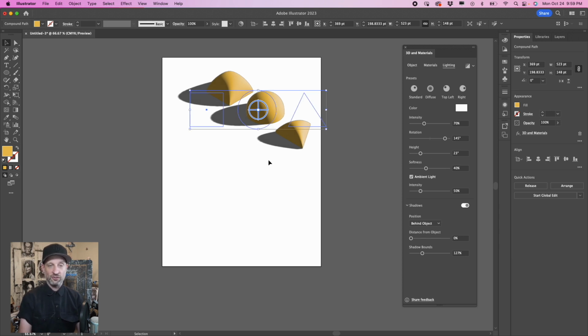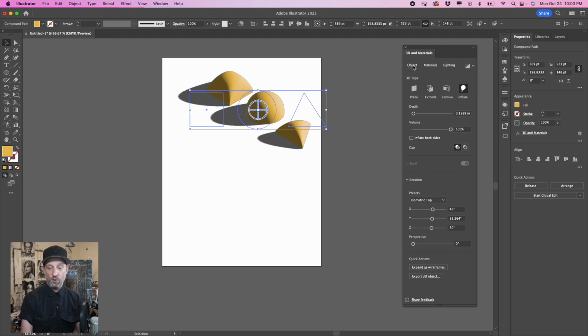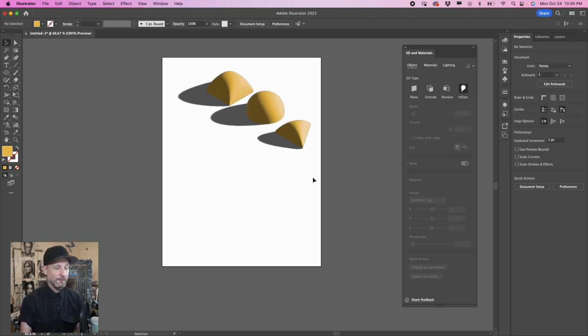So that's essentially it. Making objects, combining them into a compound path, and then manipulating your settings in your 3D objects. Pretty straightforward. It's pretty easy. We're going to do it again one more time with objects that we've created as a class. So what we want to do is open up